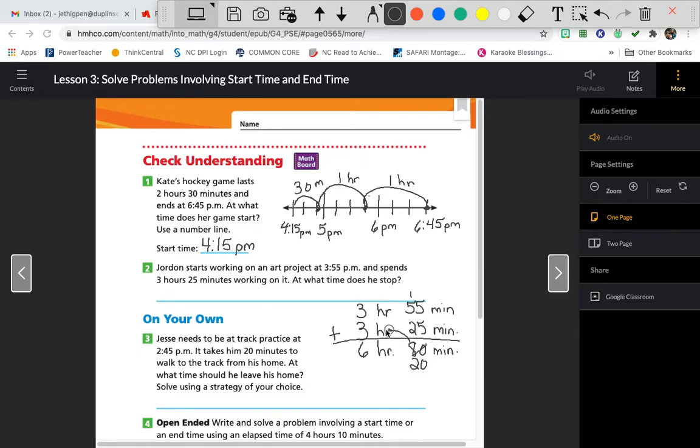We're going to bring that 60 minutes over and make it 1 hour. So we're going to add 1 hour plus 6 hours, and that's going to give us 7 hours and 20 minutes. So our time that he stopped working on his project was 7:20